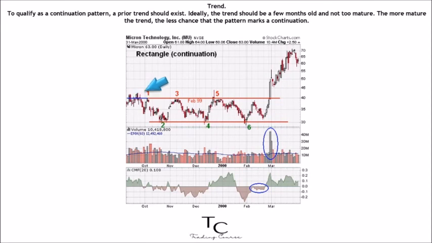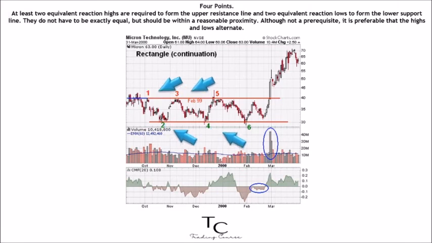Trend. To qualify as a continuation pattern, a prior trend should exist. Ideally, the trend should be a few months old and not too mature. The more mature the trend, the less chance that the pattern marks a continuation. 4 points. At least two equivalent reaction highs are required to form the upper resistance line and two equivalent reaction